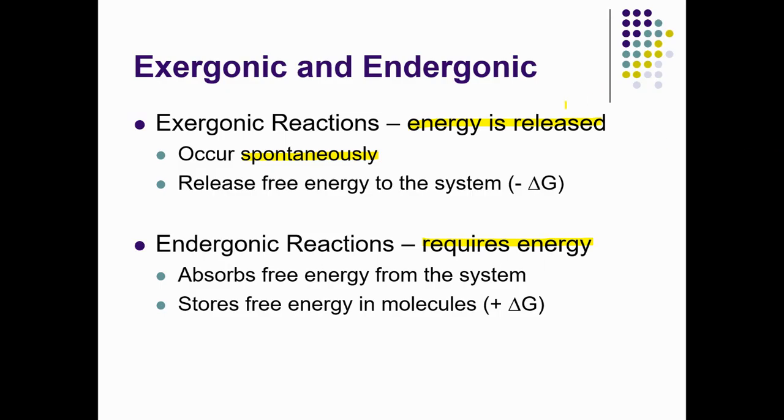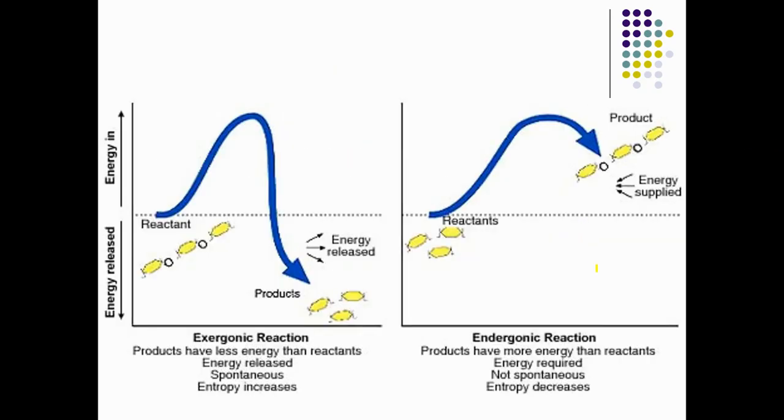All right, so what I want to do over here is take a look at some graphs. And you should be able to look at a graph and recognize it as either endergonic or exergonic. Now here you have them labeled. On a test you would not, okay? But you could see a graph and it could ask you what type of reaction it is. And so in any reaction,